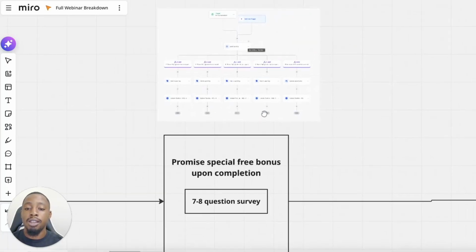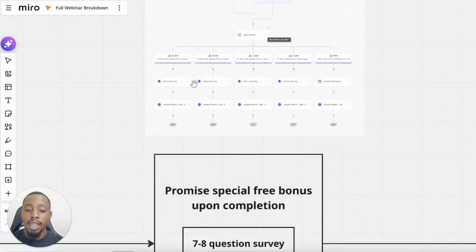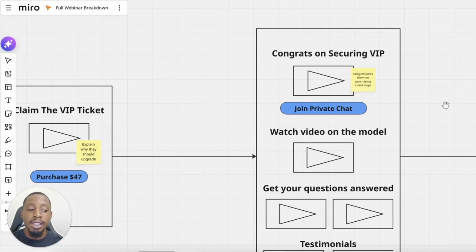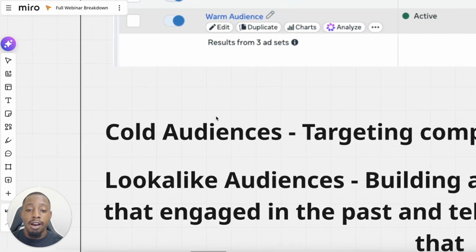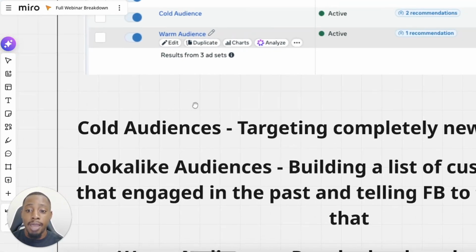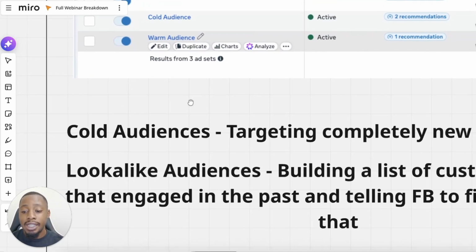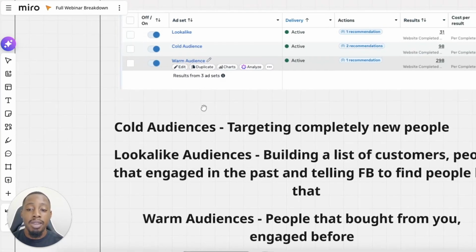And what we're able to do is separate all of these leads and get all their contact information, right? So we know exactly who the A lead and B lead are. What you can do is take those A and B leads and put them into lookalike audiences. Like, hey, these are quality leads. So what I want you to do, Facebook, is take those A and B leads and find me more